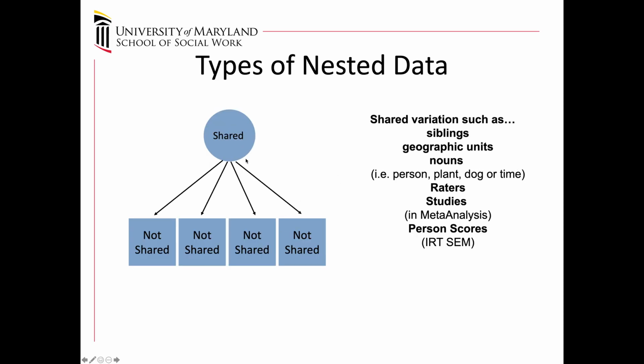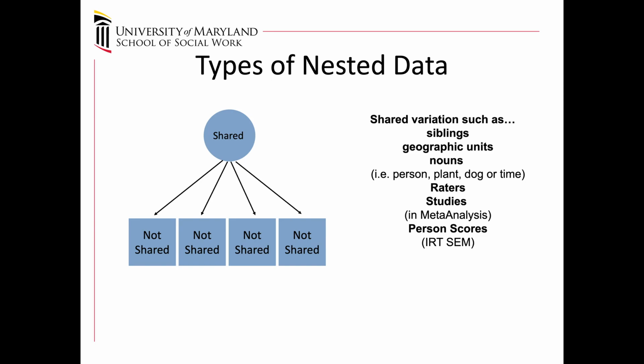So there's lots of different kinds of things that we can do in terms of nesting. We have siblings, we have geographic units, so we've explored the geographic units in the previous one. We can nest in most nouns: persons, plants, dogs, time. So there's lots of things we can nest in. We can nest across raters, so we'll use it for measurement. This is a tool that we can use for measurement. We can nest studies. That's what we do in meta-analysis. In fact, the random effects meta-analysis is the way to go. Unless you have very specific assumptions met, the fixed effects meta-analysis really